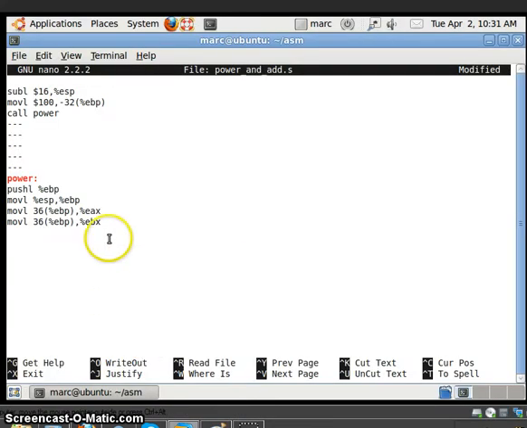So subsequently we should shift this value at an offset of 32 from our EBP to ECX counter register. Correct. This is basically for getting the power.